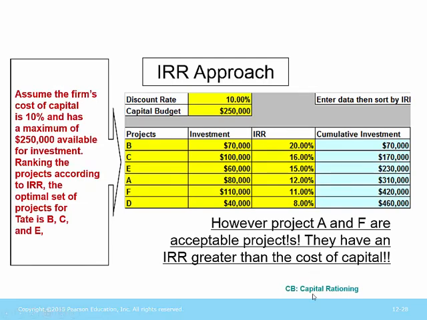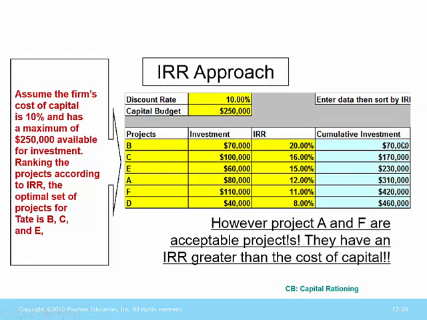There is a spreadsheet called Capital Budgeting, Capital Rationing, CB Capital Rationing. Essentially what we do is we enter the projects, A through F, their investment, and their internal rate of return. Then you sort these assets from the highest internal rate of return to the lowest. If the discount rate's 10%, anything greater than 10% is acceptable. So B, C, E, A, and F are all very good projects. We should want to do all of them. But the problem is we're only going to be given